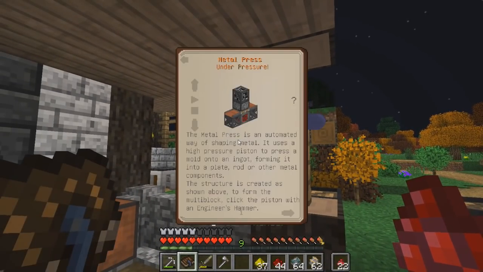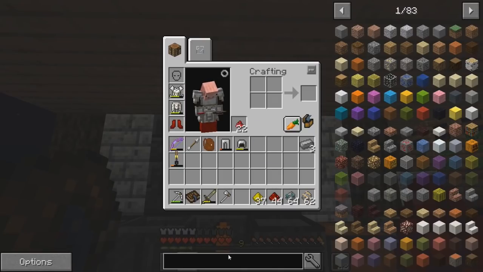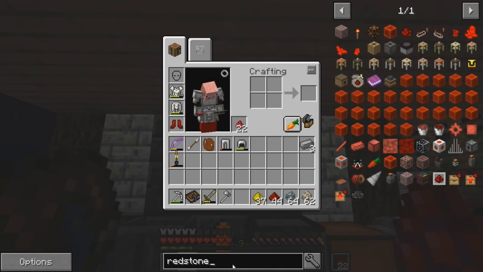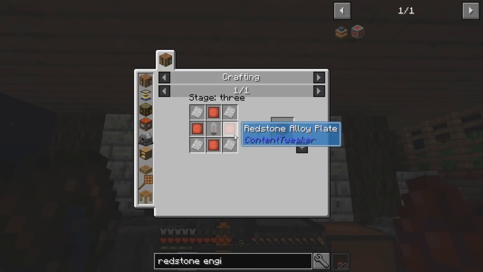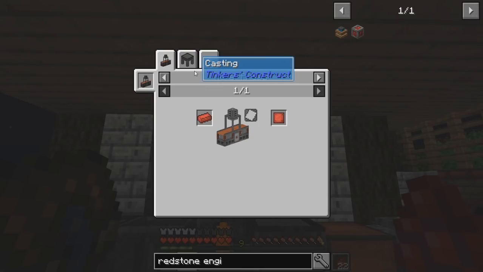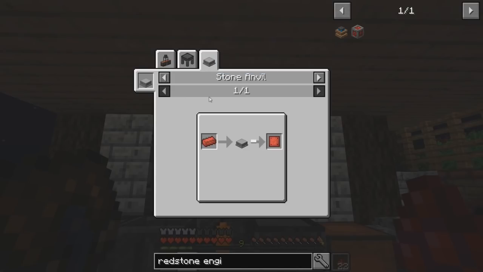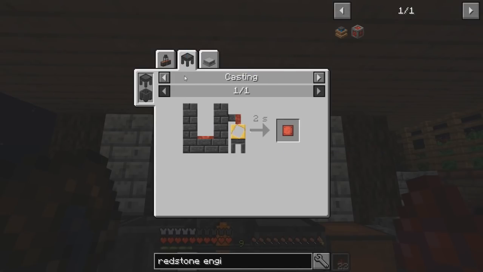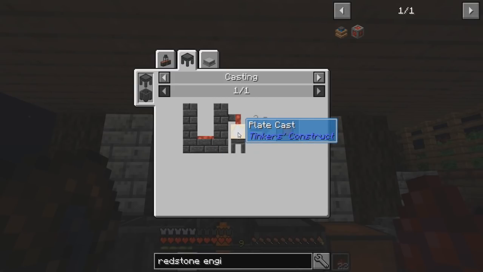What was it we were going to make? Some kind of redstone engineering block? That's what it was. So redstone engineering block. And we needed this alloy plate. Yeah, we know. We're trying to make you. So to cast that, you need redstone. Wait. One of these will make a plate. One ingot will... Okay, so I could just cast it